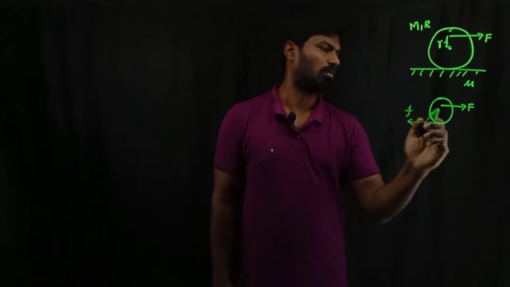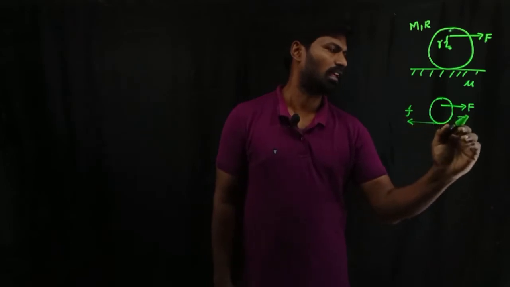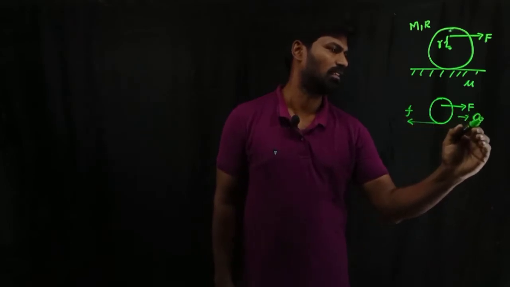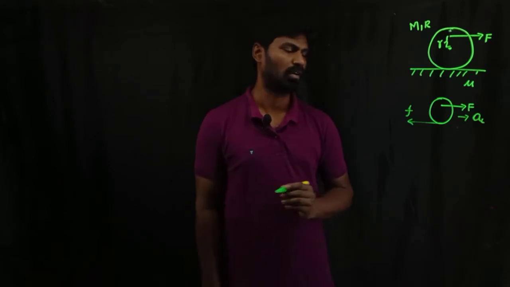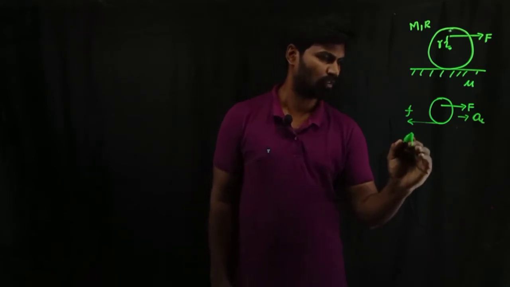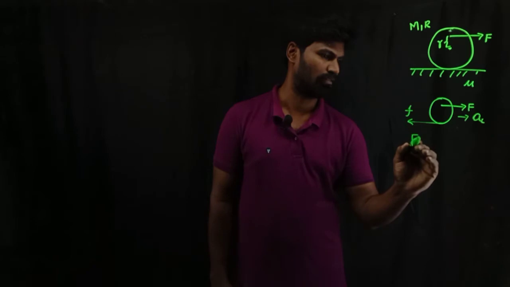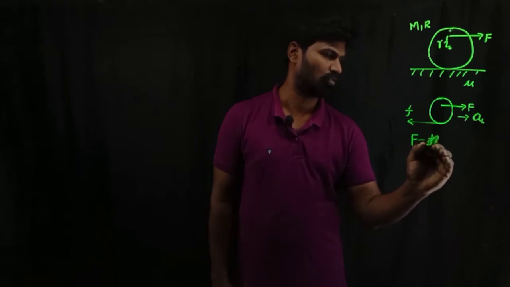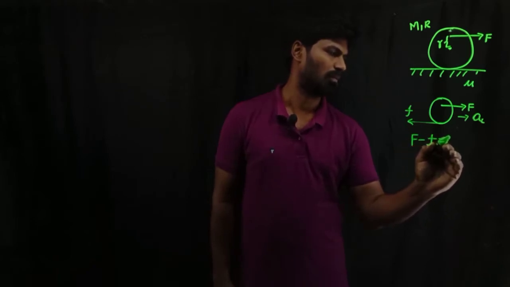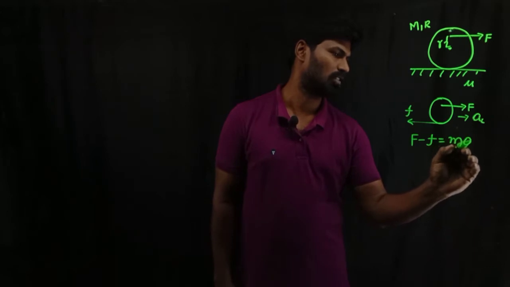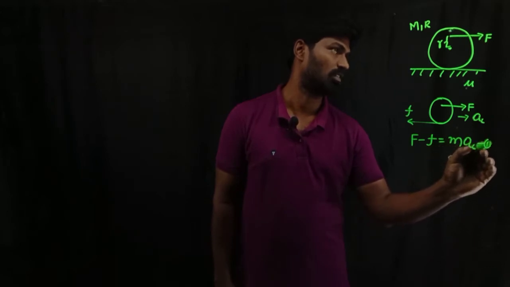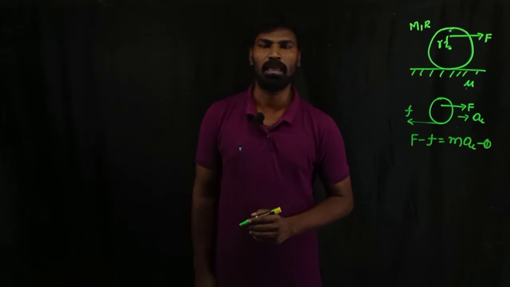As the body is moving to the right direction with an acceleration a, where a_c is the acceleration of center of mass, the resultant force to the right direction is F minus frictional force, which should be equal to M into acceleration of center of mass. This is equation number 1. Next I am talking about